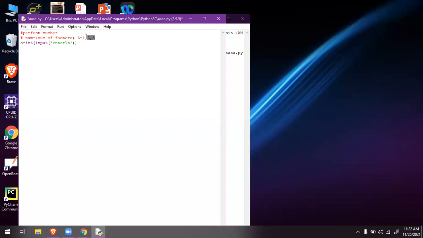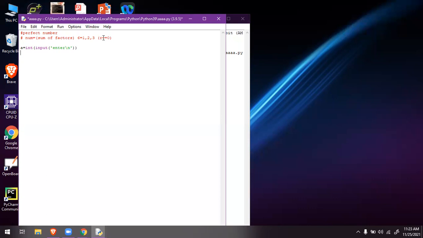How can we get the factors? Where the remainder becomes 0 is called a factor. If we get remainder equal to 0, then it is a factor for 6, isn't it?